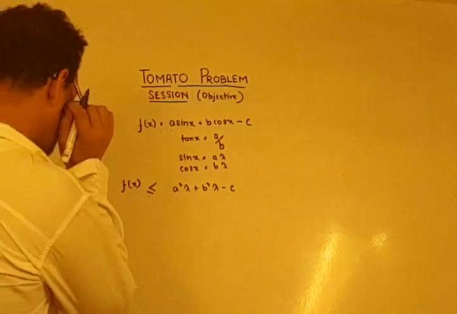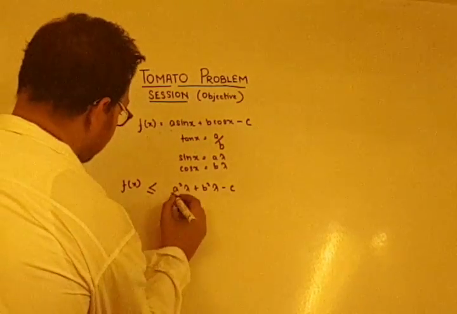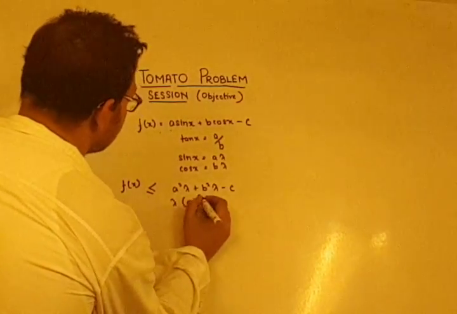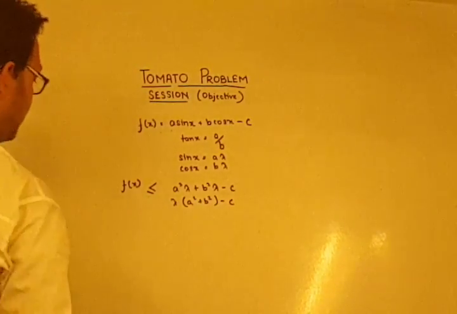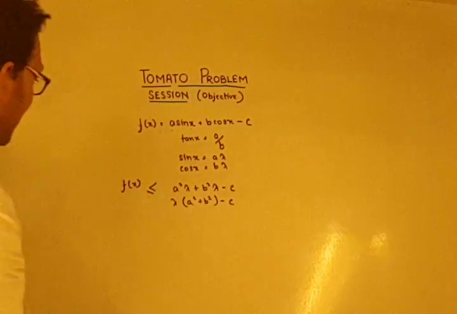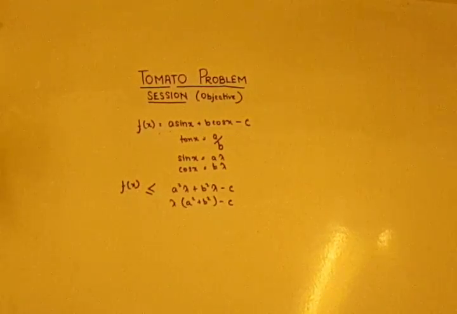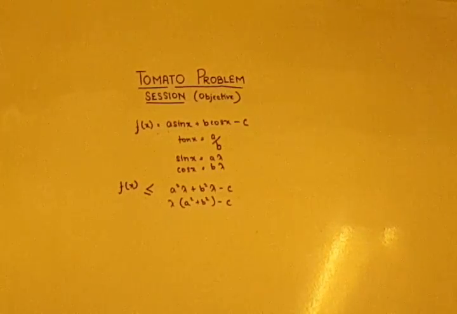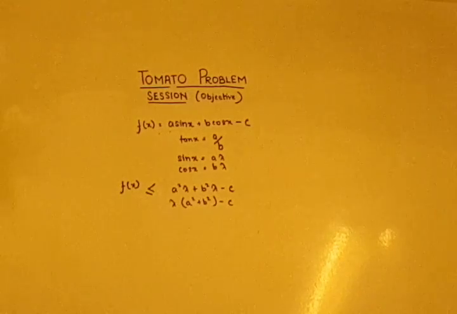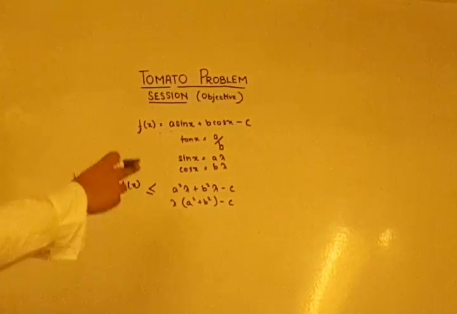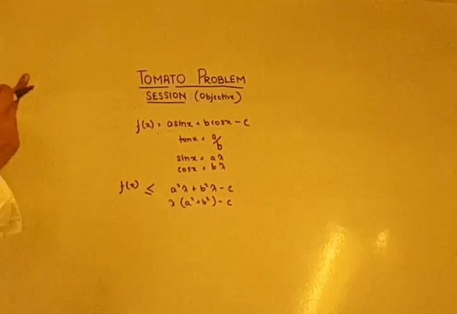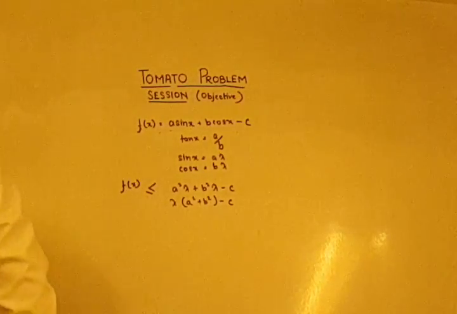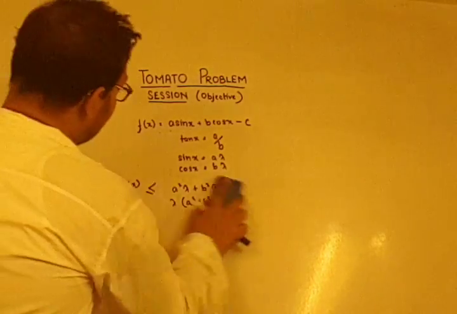So what I do here is I take lambda common and I can say a square plus b square minus c. Okay, so this is what I get. And of course, a lambda must be less than or equal to 1, and b lambda must also be less than or equal to 1. So after just manipulating, I leave this manipulating job to you. What I get is that